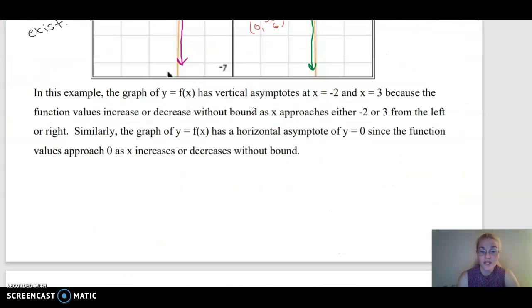So in this example, it has vertical asymptotes at -2 and 3 because the function values increase or decrease without bound as x approaches -2 or 3. And similarly, it's got a horizontal